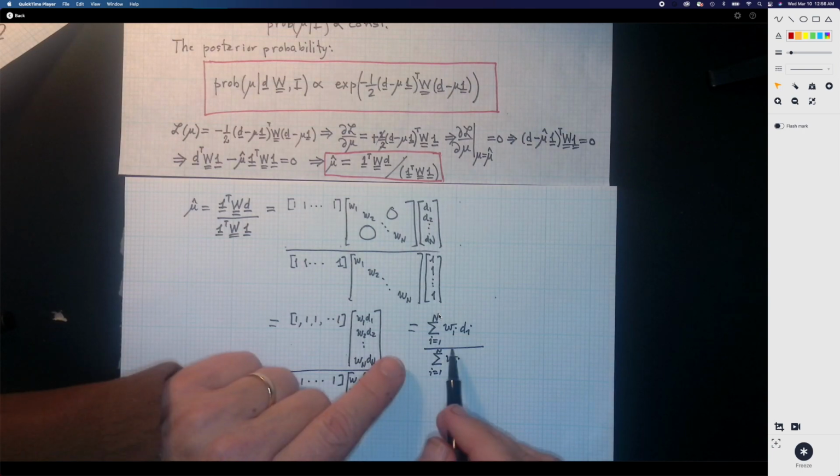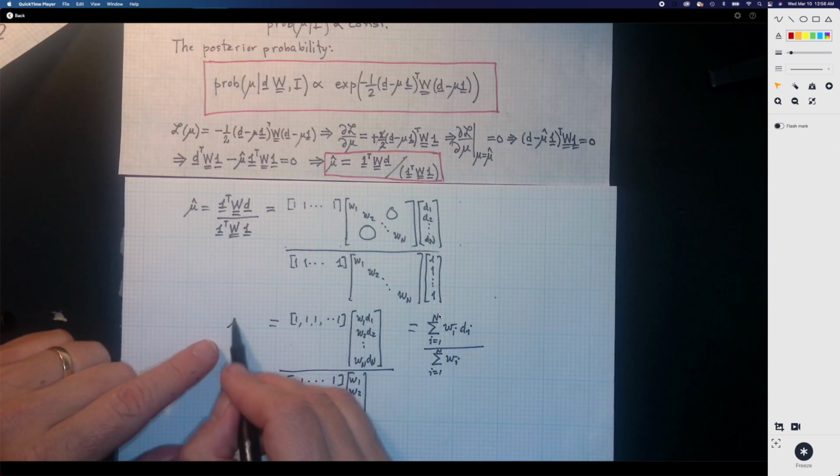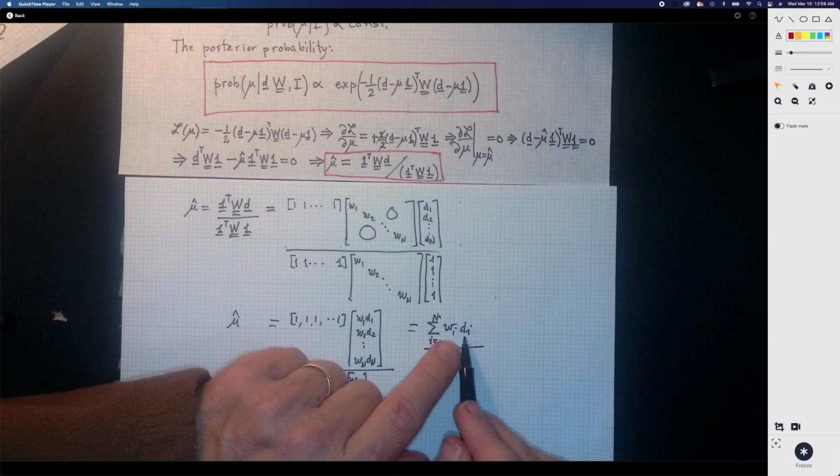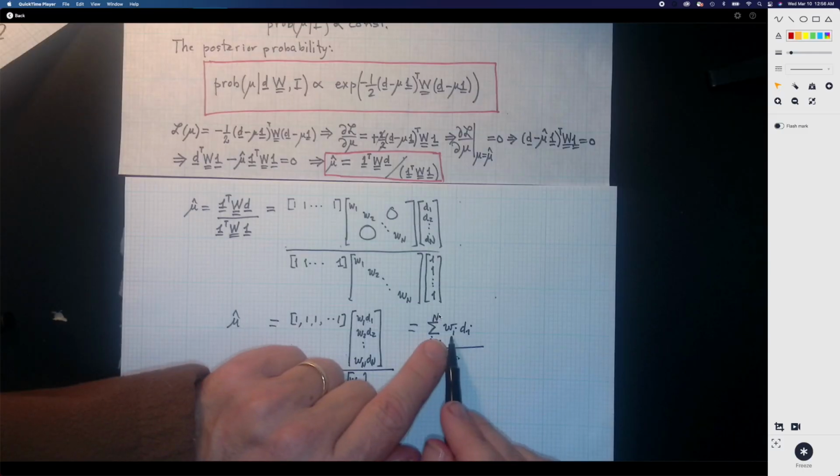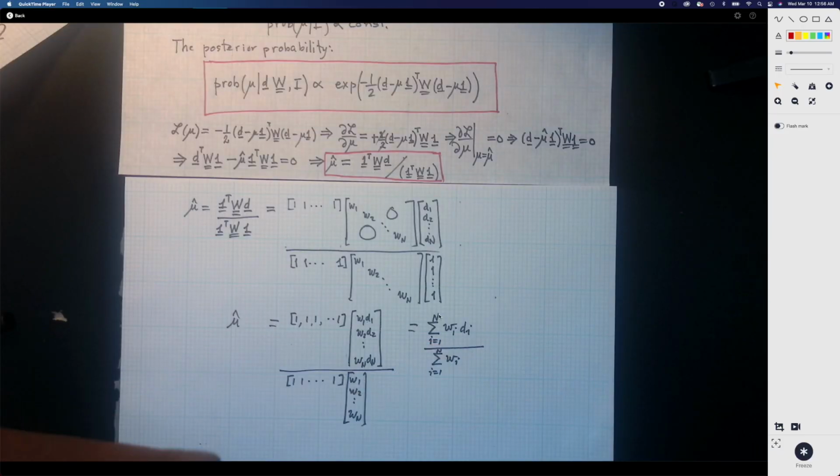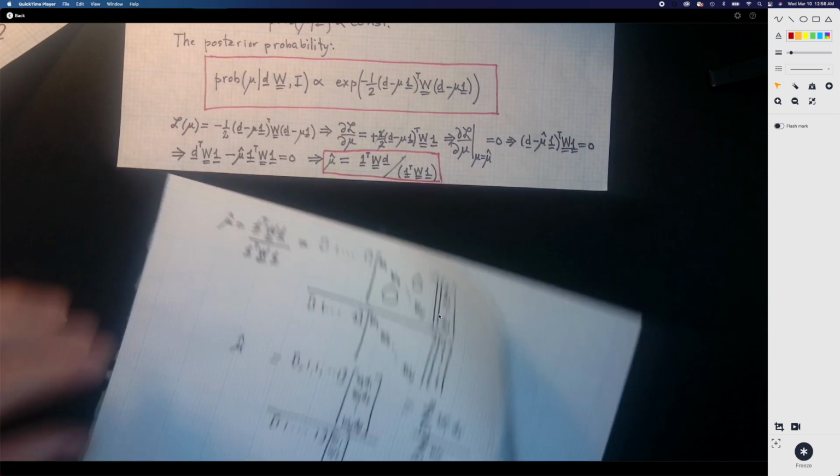And so you see the best estimate mu hat is going to be the mean of the data, but now it's going to be a weighted mean, where the weights are given by the reciprocals of the variances of each measurement. So a measurement with a very big variance has a very low precision and is going to be given a small weight, whereas a number with a very small variance has a very high precision and will end up having a very high weight. So it kind of makes sense intuitively. And so the posterior probability will be